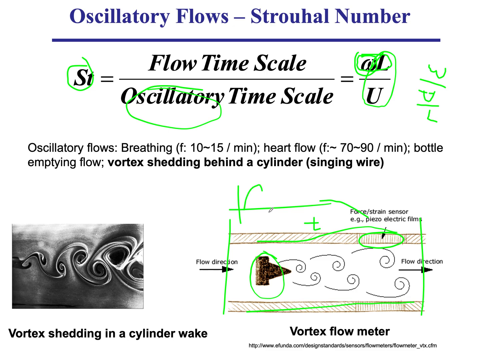This is the strain gauge signal, and that signal has a frequency, and that frequency is associated with the shedding vortices. So we can measure the frequency of these vortices shedding by the strain sensor, and then that frequency,